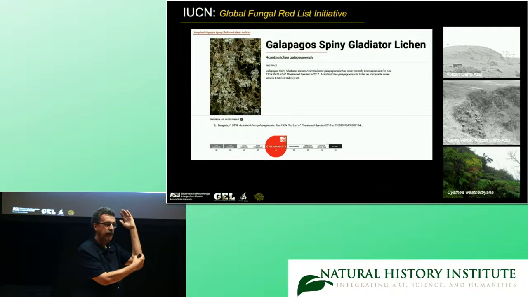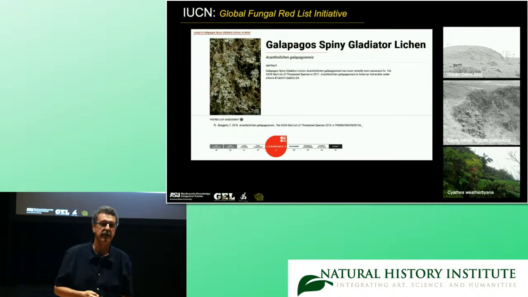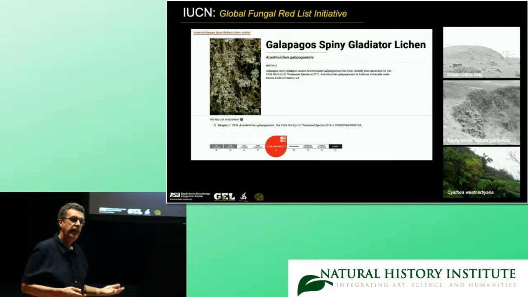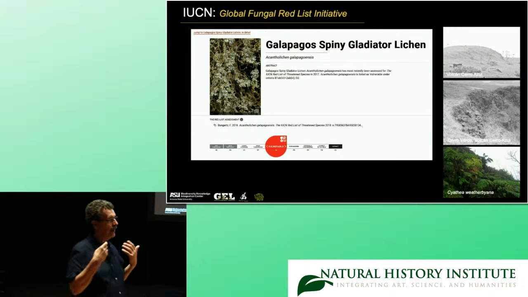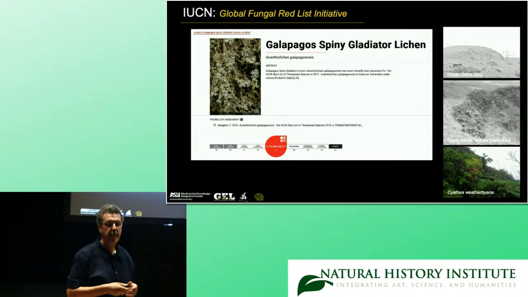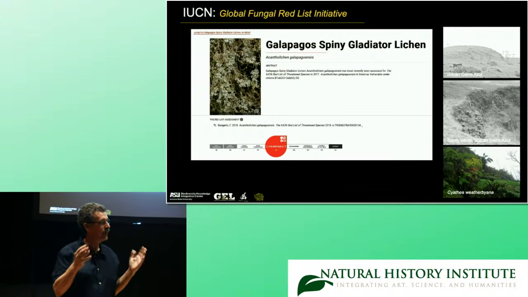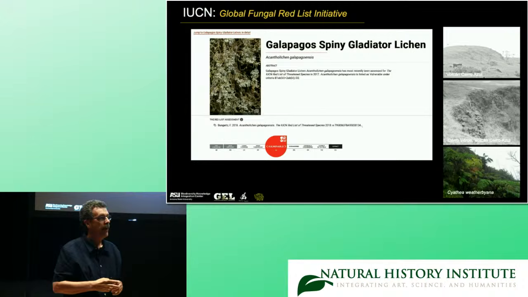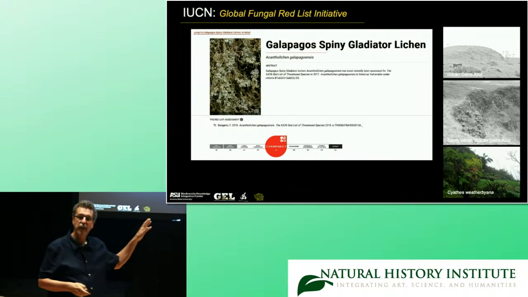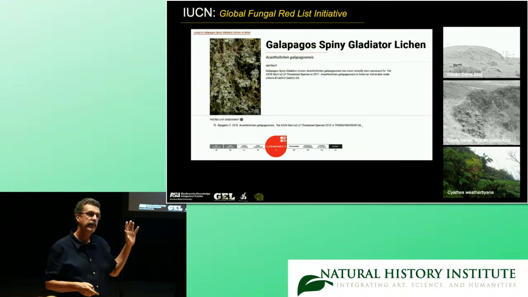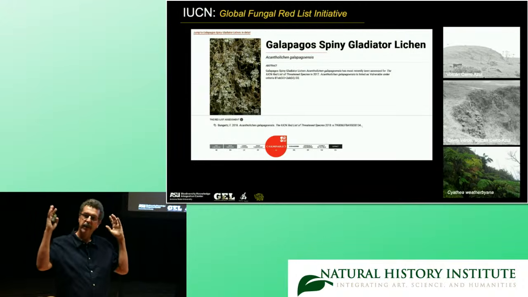And we know that on the island where the canopy of Miconia has now been replaced by the cinchona, these tree ferns were very common and have disappeared. So they were probably the habitat of that lichen,